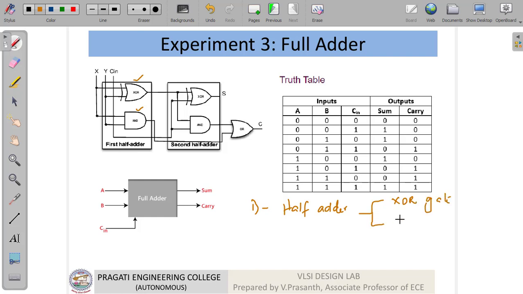Also we have to design an AND gate. Now once we design the XOR gate and AND gate, to design a full adder we need two half adders and an OR gate.